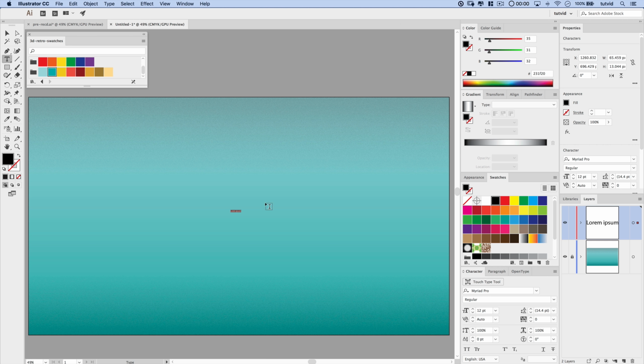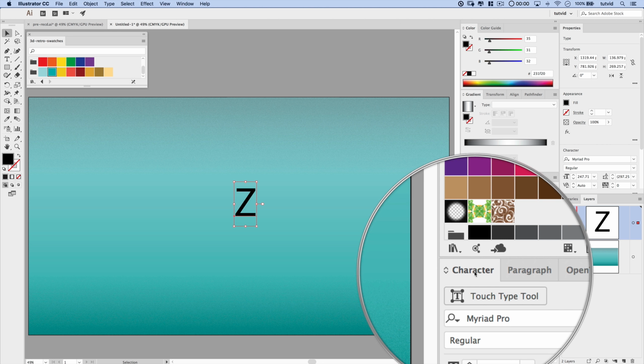And I'm just going to type out probably a capital E. That'll be the easiest and fastest letter. No, you know what? Let's do the letter Z, because let's do something that's a little challenging. We're going to undo this real quick. I'm just going to type out a capital Z. And I can hold down my Shift key and scale this up a little bit larger so you can see it. But we're going to make our big changes to the text down here in the character panel